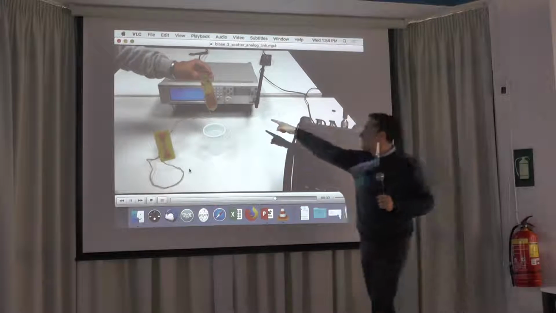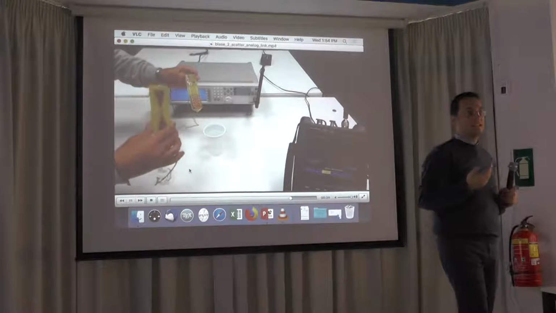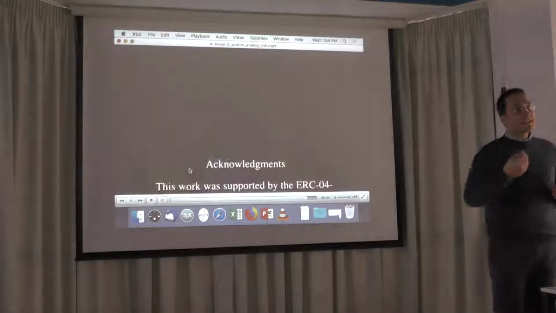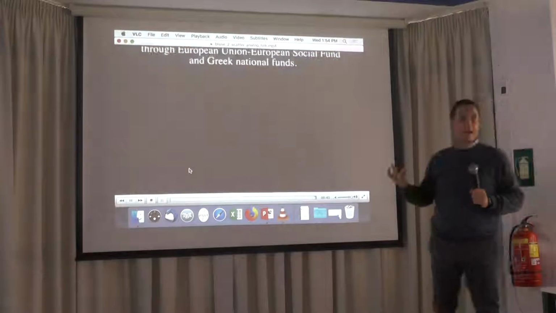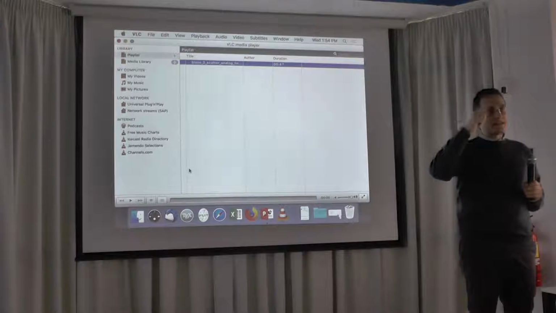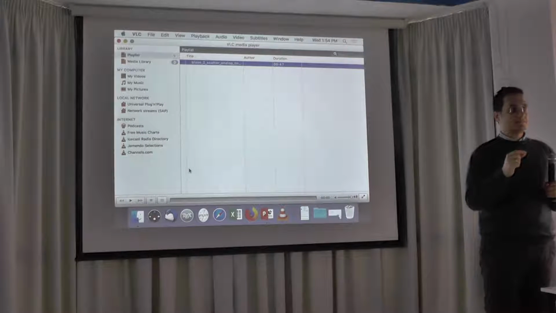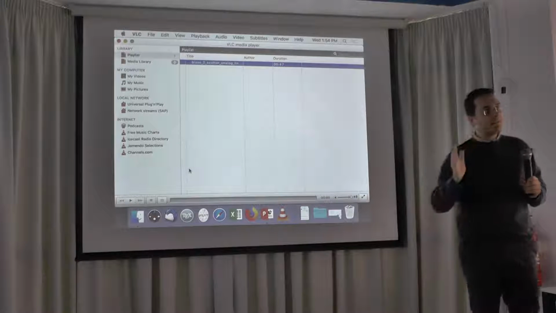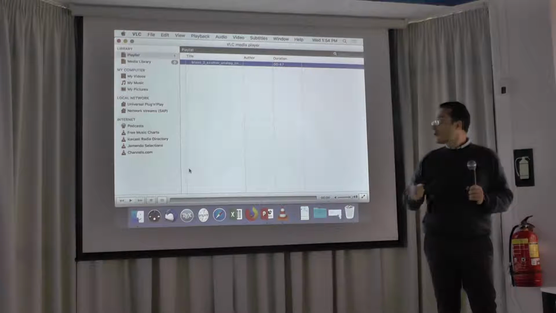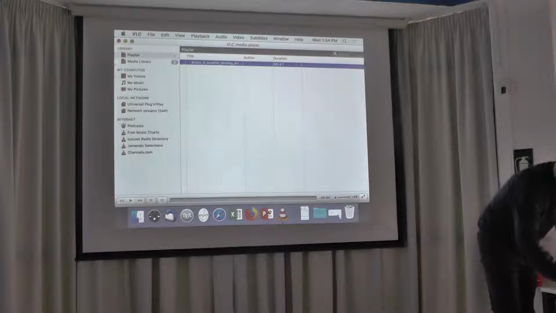You have a capacitor. This is a capacitor, right? Whenever you dip it inside, the water has a higher dielectric constant. Okay? So the capacitance increases. So you have a higher, bigger value capacitor. Bigger value capacitor means that the switching frequency of the sensor is being decreased. Okay, because I have an oscillating circuit that has an oscillation frequency inversely proportional to this capacitance. So I change the switching frequency and I decrease the switching frequency relative to the capacitance that I want to